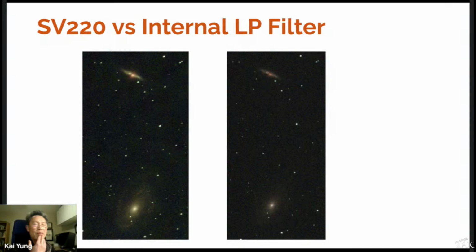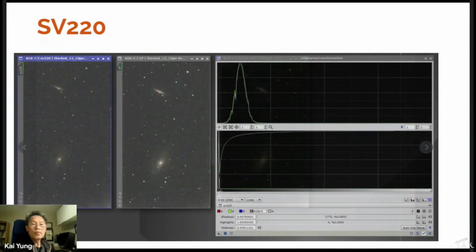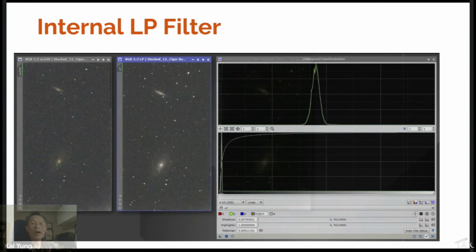So there's quite a bit you can do by augmenting the optics and the filters. But the problem with very narrow filters is that you have a lot fewer photons. One good thing here is that you can see the difference in the background. You can extract a lot of light pollution by using an appropriate light pollution filter.